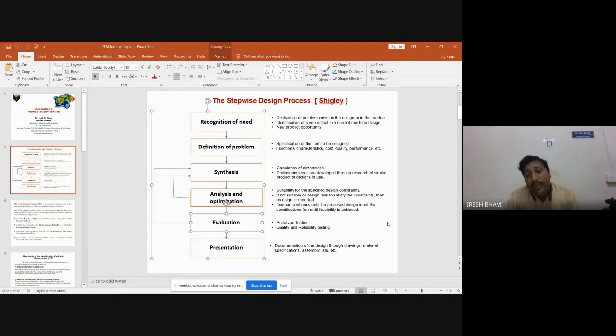Due to that, FEM gained popularity. By using FEM you can reduce the number of prototype testing. For example, they will make the car 100% okay in the analysis and optimization in computer simulation itself. Later they will send it for prototype testing. Within 2 or 3 prototype testing, the model will become 100% okay.